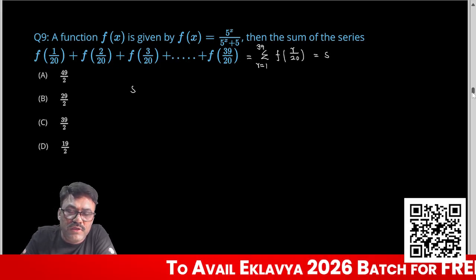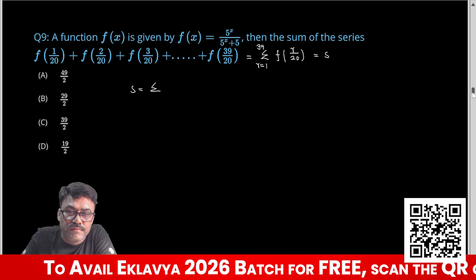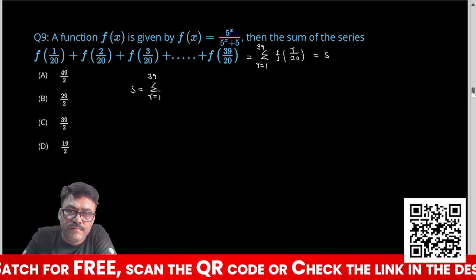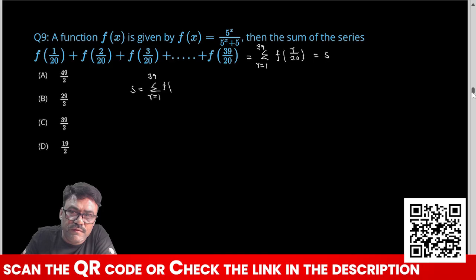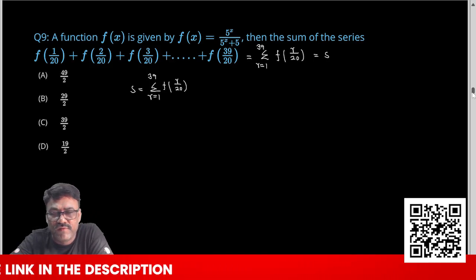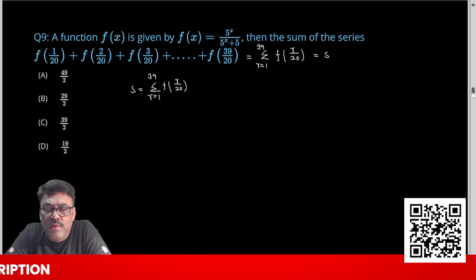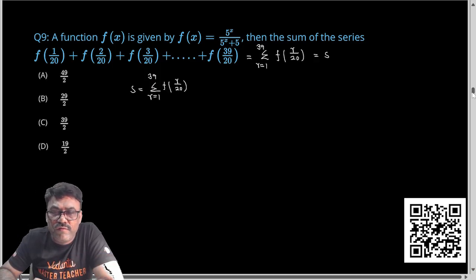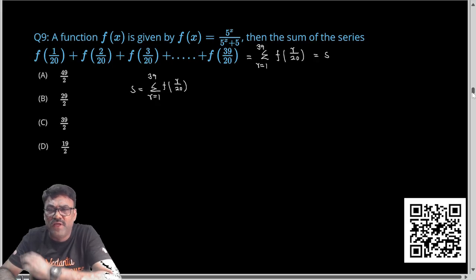So my sum S is basically sigma r is equal to 1 to 39 of f of r by 20. This is S. Now here the sum of limit is 40. So I can replace r with 40 minus r. In any summation, you can replace the variable r by sum of limit minus r, just like the King's property